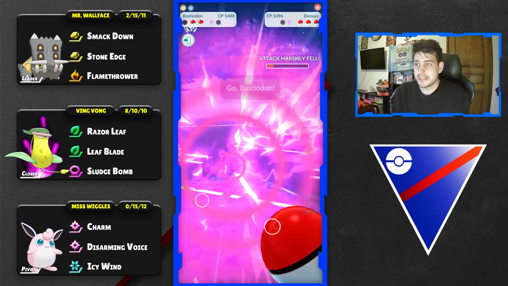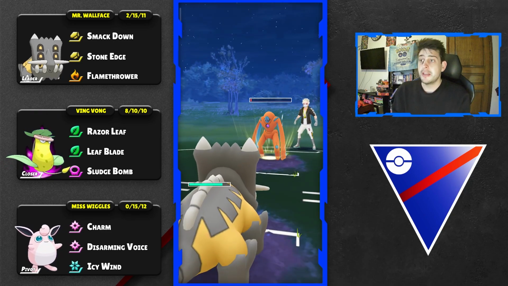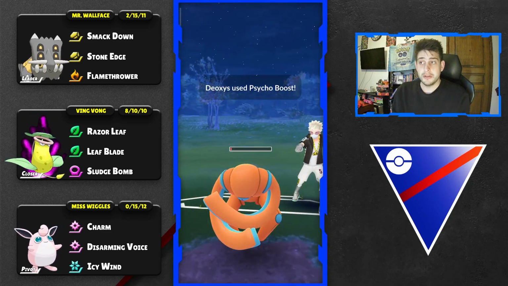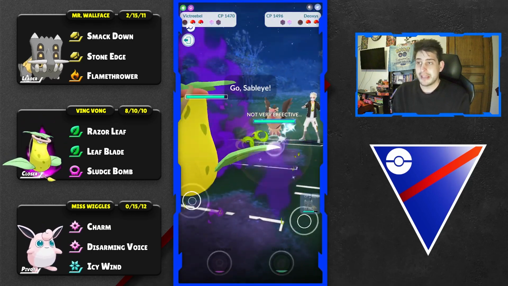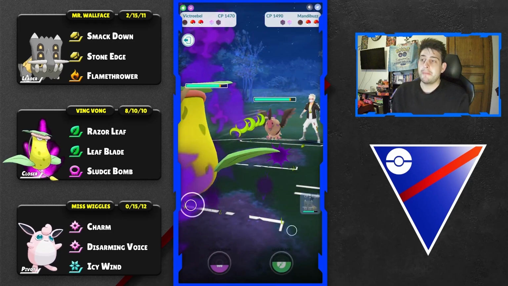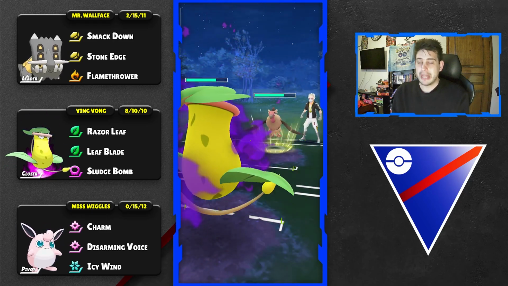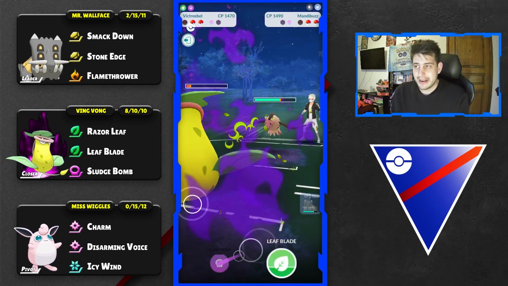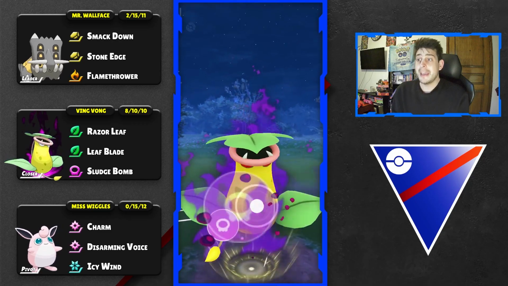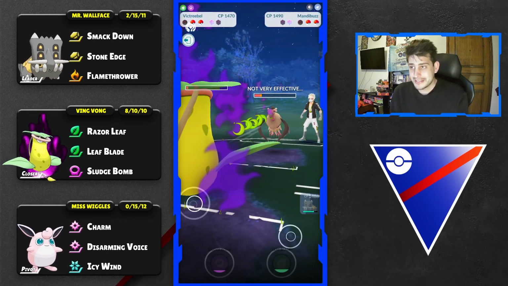So Psycho Boost is coming up. I'm not gonna block this time because I know that after all those debuffs their moves now will hurt me not at all, and of course we can farm down by not spending a sweat. At the back they have a Mandibuzz and a Sableye, which is very bad for me due to that alignment. So I'm just gonna take the first move, which ends up being that Aerial Ace. I'm not gonna block anything, and instead I'm gonna throw my Sludge Bomb for big damage, surprise damage to my